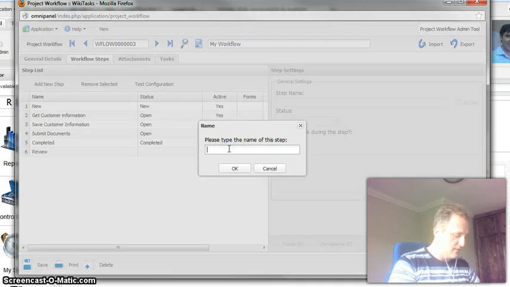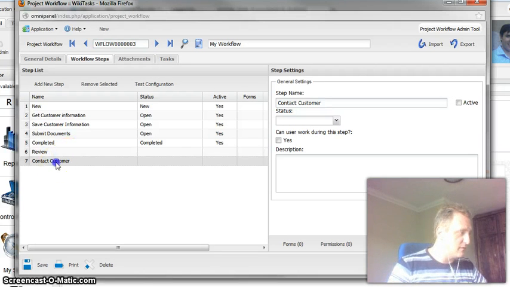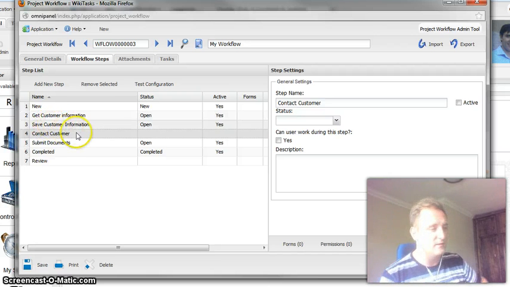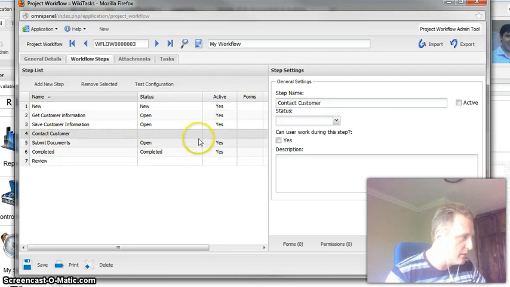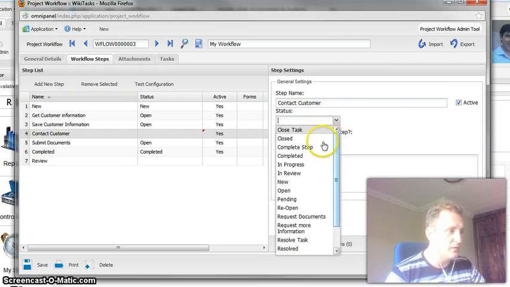You can say contact customer, and in there you see that it highlights. You can actually move it around to a certain position. So we're going to first have new, you're going to have get customer information, save customer information, then you want to contact the customer before you submit the documents. Anyway, you're going to make it active, and you're going to make the status to be open, because